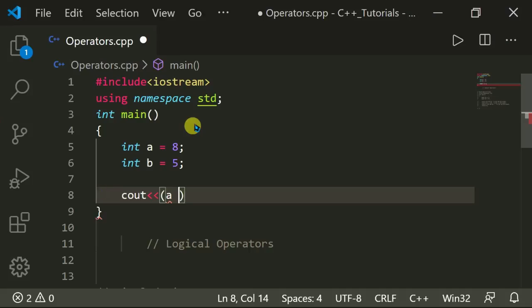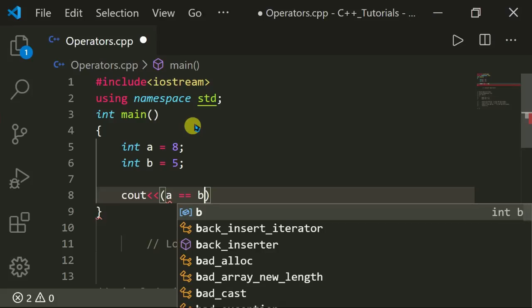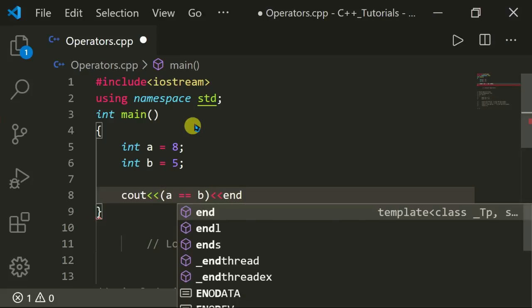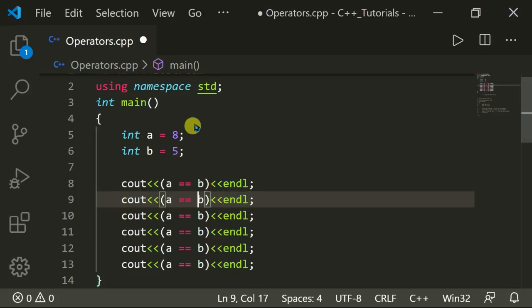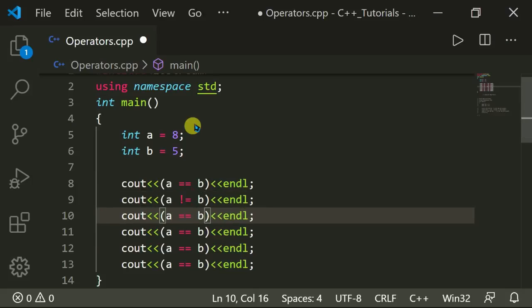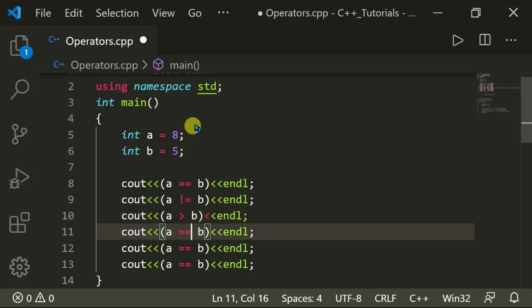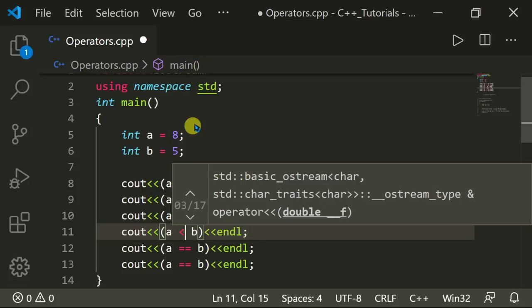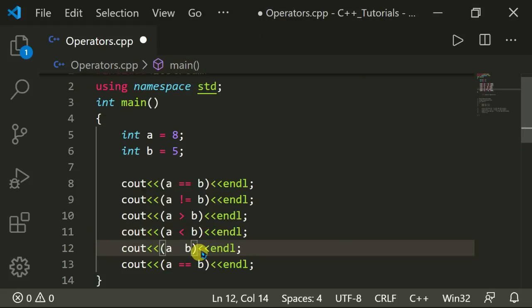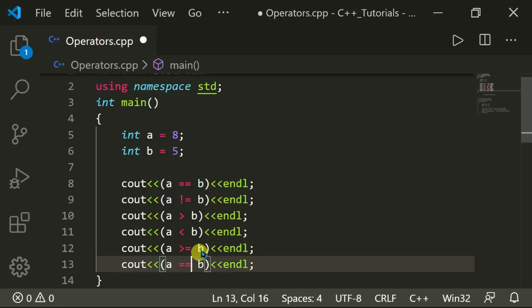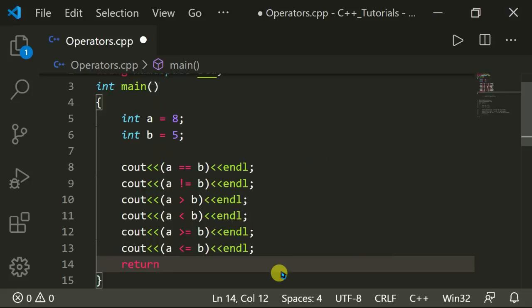First is a is equal to b, then let's duplicate it six times. Then a is not equal to b, a is greater than b, a is less than b, a is greater than or equal to b, and a is less than or equal to b. Let me use return 0.